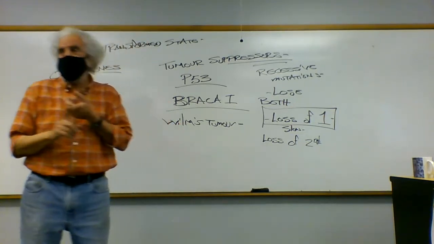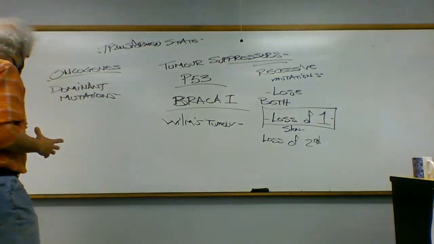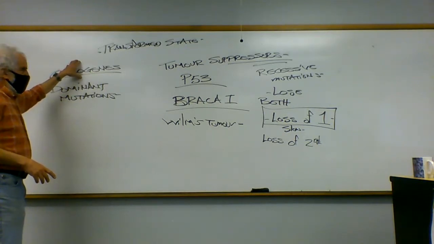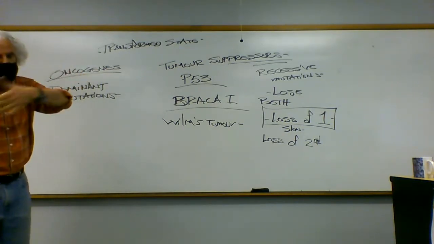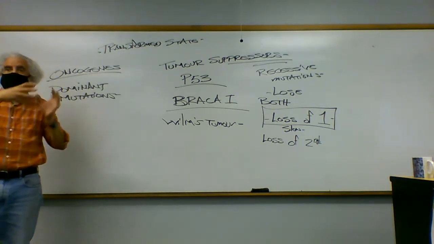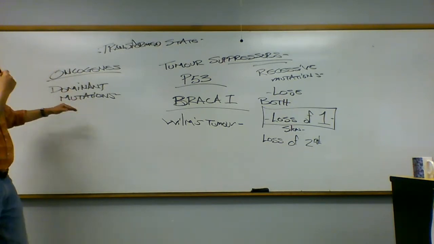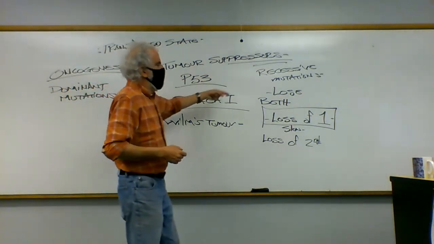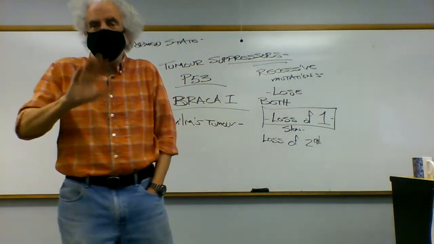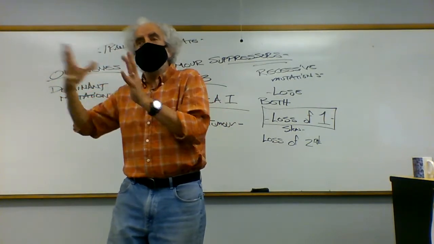So in order to have a cell go into the full-blown transformed state, you have to have a specific oncogene mutation. That means it can be one of a handful of oncogenes, but the mutation itself has to be very precise. It's got to be an activating mutation that's going to act as a dominant mutation. Additionally, you have to lose both of a specific different tumor suppressor genes. And so we've got a wide range of different kinds of cancer types because there are different kinds of oncogenes.